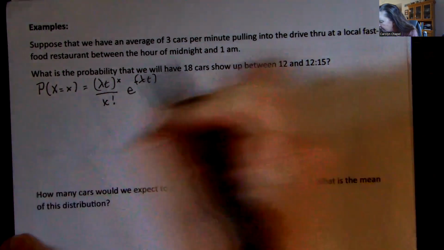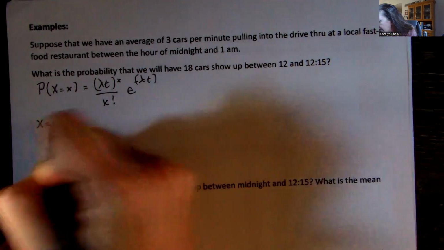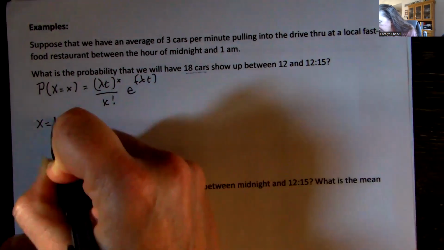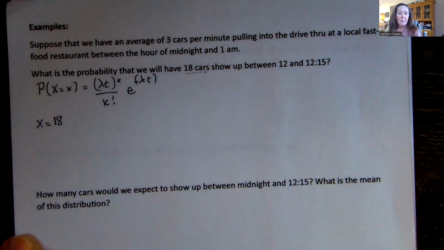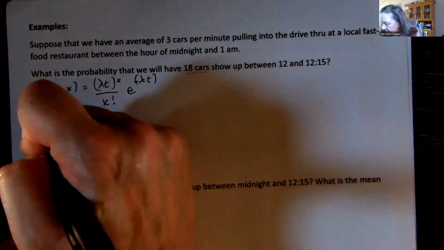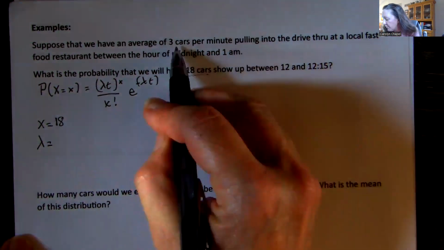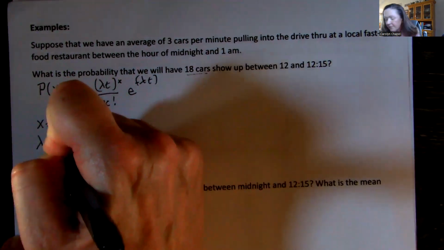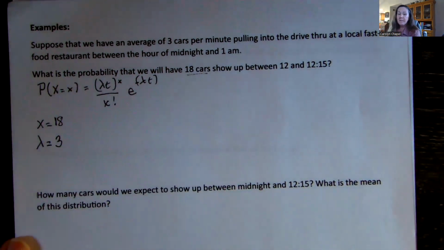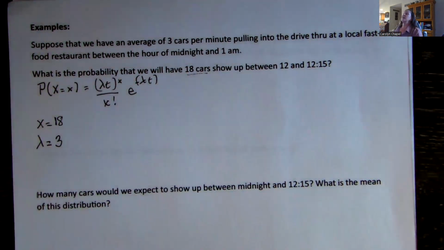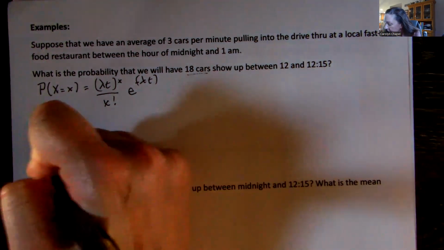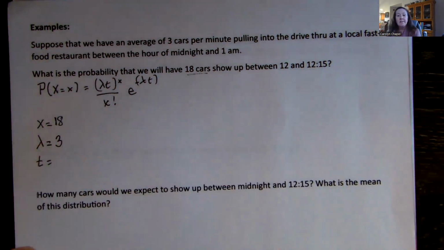So now in our example, we are looking for 18 cars. So that's my little x that we have. Our lambda is that rate that we are given in the problem. So our 3 cars per minute. So our lambda is 3. And lambda could be any value that you're looking for. Our t is going to be this